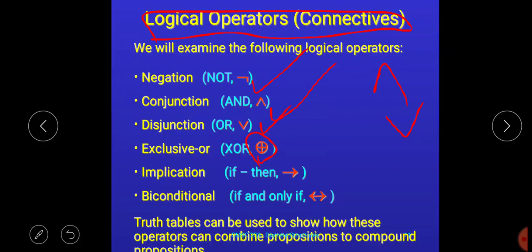Then next one is implication, the keyword used for that is if then, and it is denoted by using this symbol. And finally biconditional, the keyword we are using for biconditional is if and only if, and it is denoted by using this symbol. In our further concepts we have to take reference of these. Before proceeding with problems, we will cover the truth tables of all connectives as well. That's all for this session. The remaining part we will discuss in our next session. Okay, thank you.